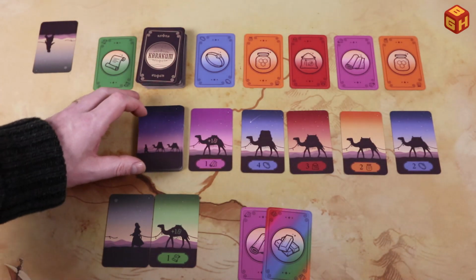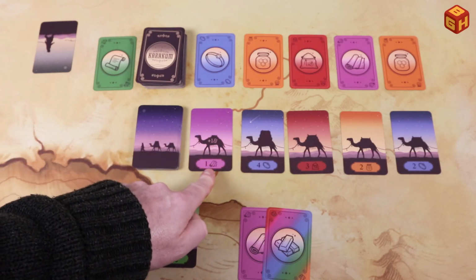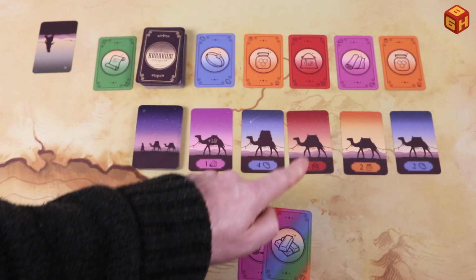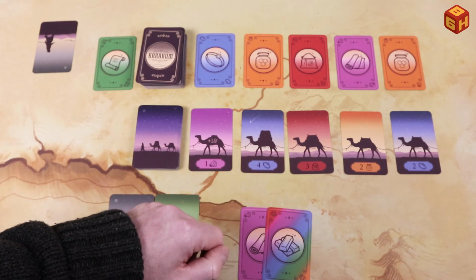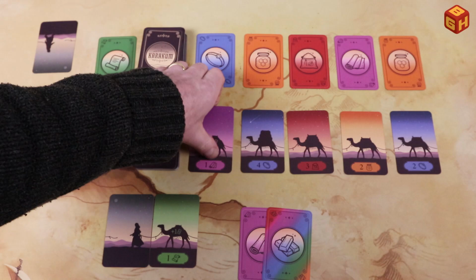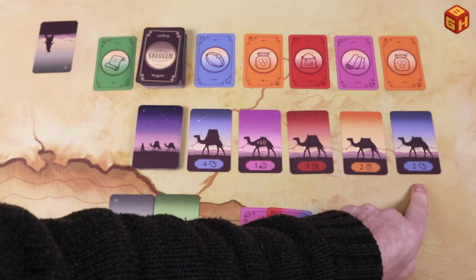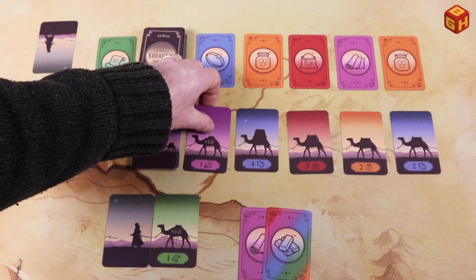Now, an important rule is that the first camel's color indicates that all camels of that same color cost 1 extra resource. Now in this case there is only 1 purple camel. There are no other purple camels in the market. So this one alone costs 2 resources. Had this been the first card, then that would mean that this blue one costs 5 and that blue one costs 3. So if this one was still over here,